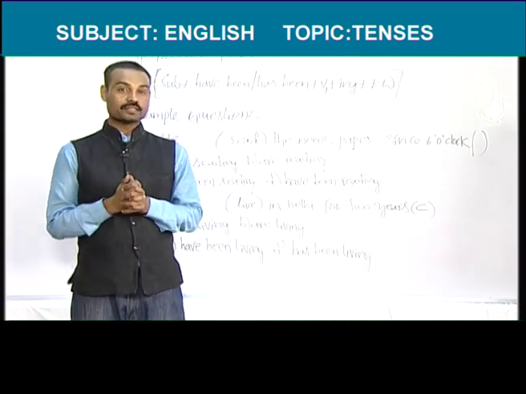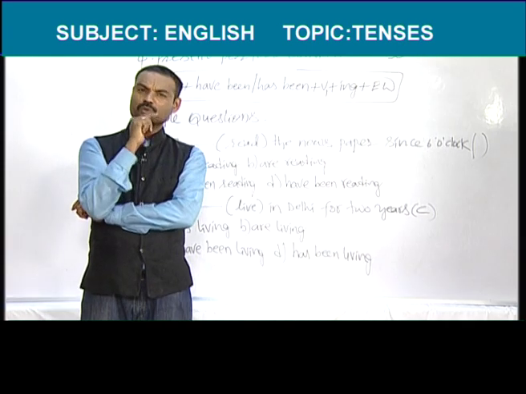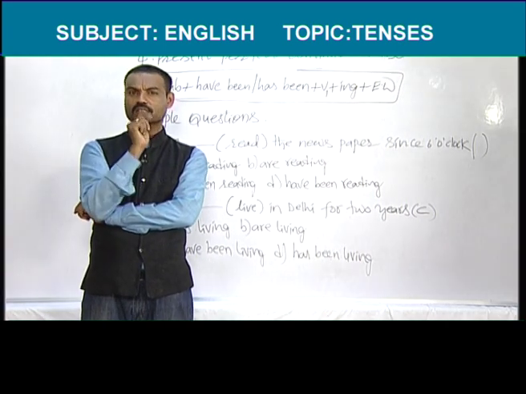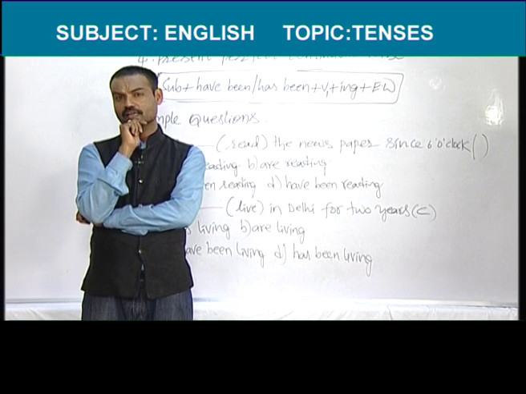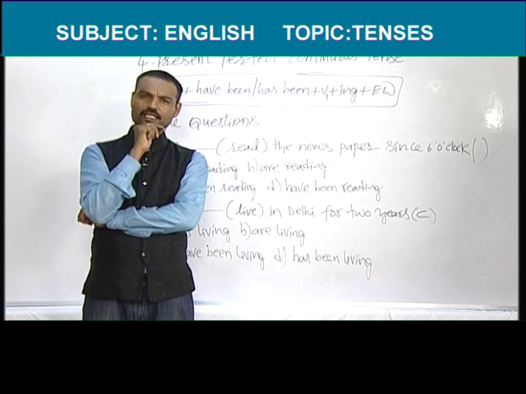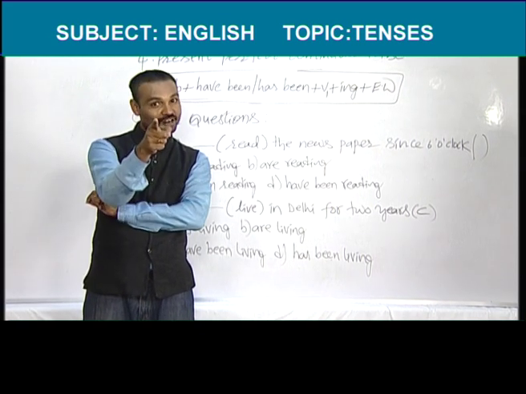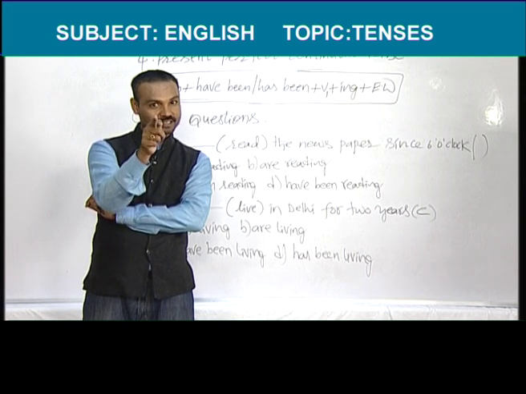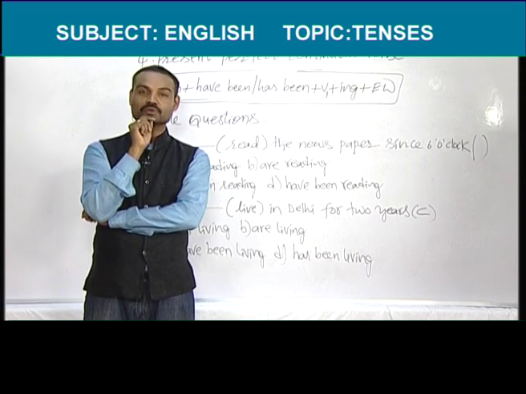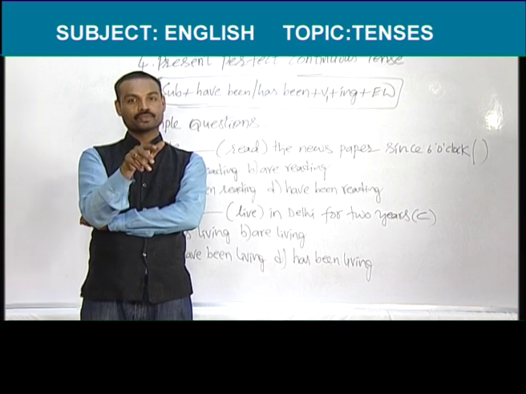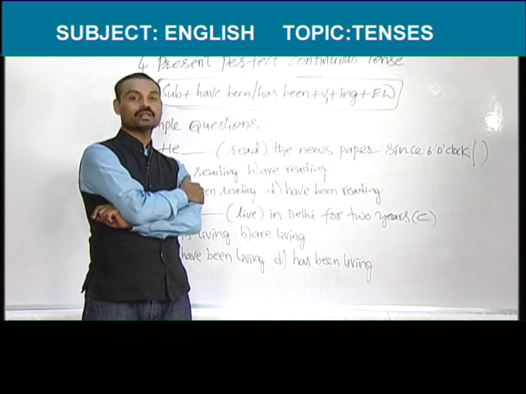Okay. So friends, some of you may get a doubt. Sir, how can you call that I, we, you, they, he, she, it like subjects? Who told you, sir, these are called as subjects? I came to know that these words are called as pronouns. Yes, you are right. Exactly. I, we, you, they, he, she, it are originally called pronouns only, not subjects. But here we can call them like subjects.